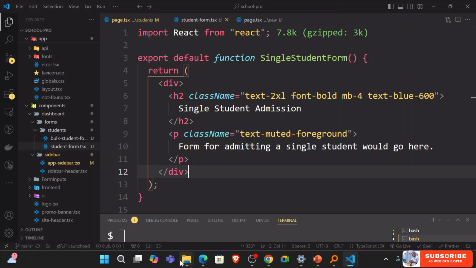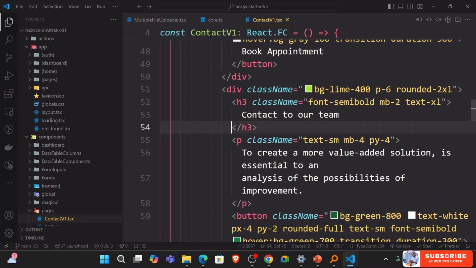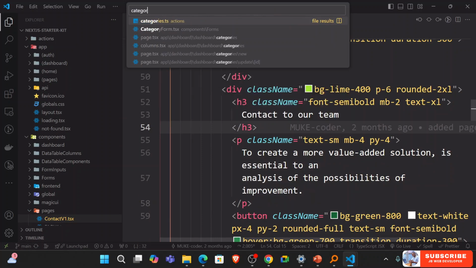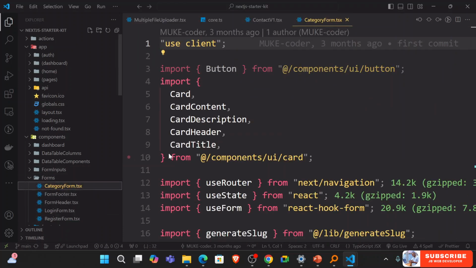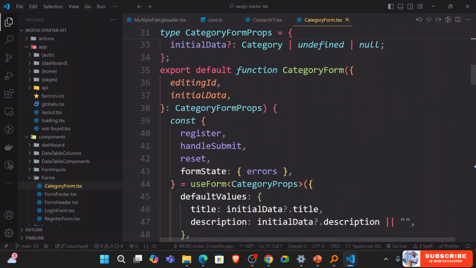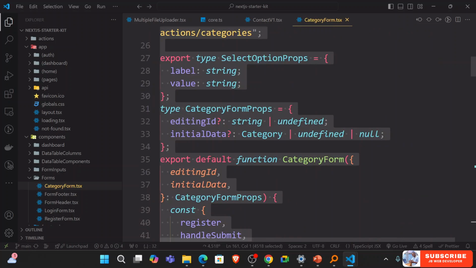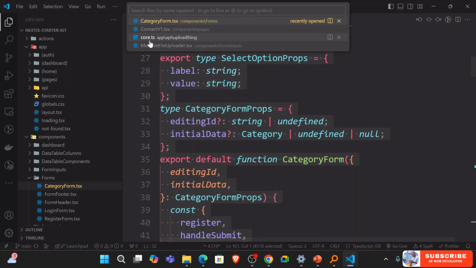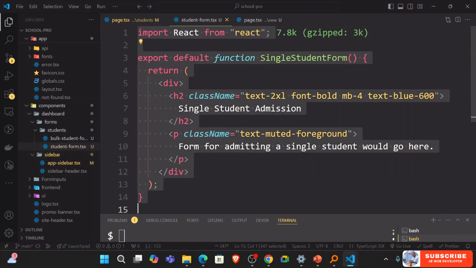So I'm just going to go in the starter kit, which I have open here. I'm just going to say Ctrl P category form. So you can just select this category form. Under forms, you have this category form. I'm just going to go ahead and copy this. Okay, and then we're just going to do some editing. So I will just press Ctrl P, go back to this student form. I'm just going to paste in this one,